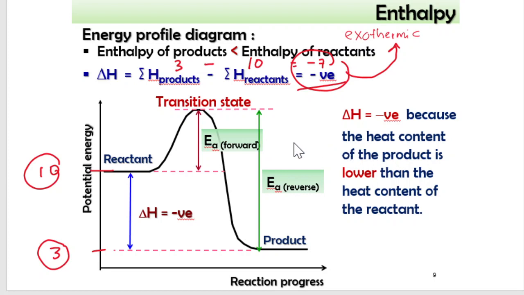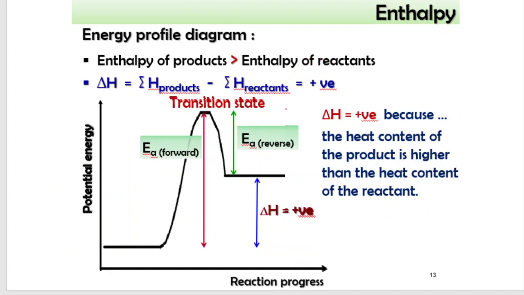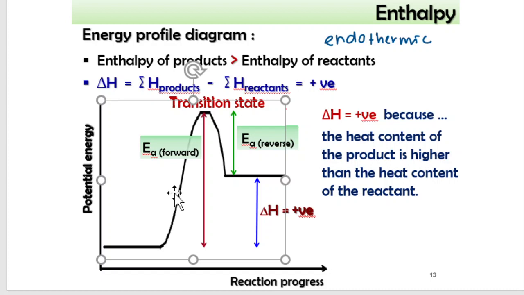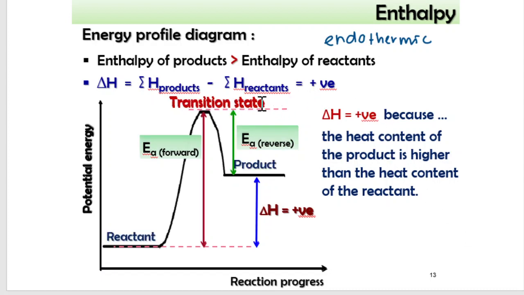Okay, so this explain why delta H is negative, because the heat content of your product, okay, product here is lower compared to the heat content for your reactant. Okay, so for your endothermic reaction, okay, ini adalah endothermic. So why this is an endothermic reaction? As I mentioned to you before,